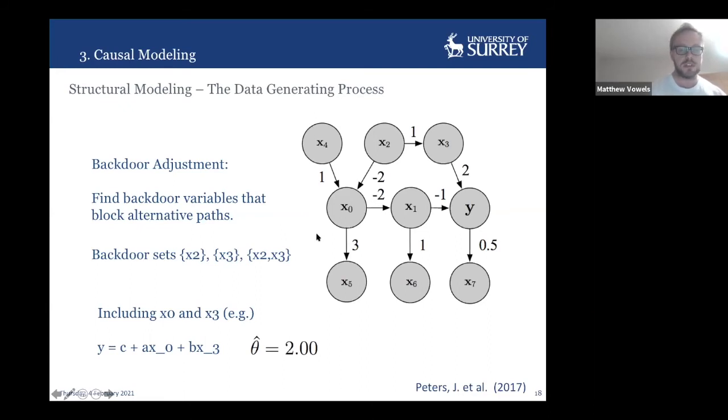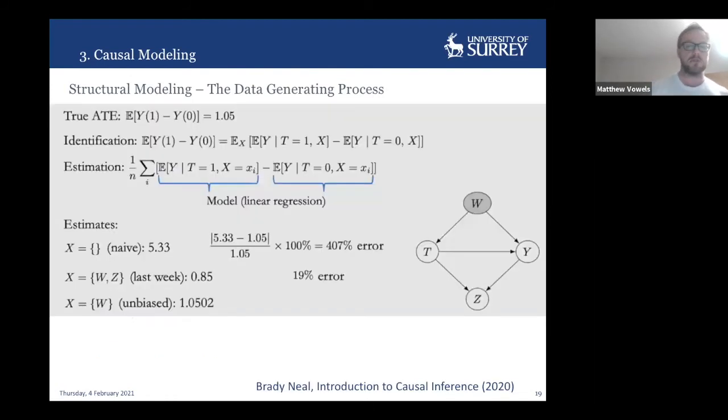Now, if you take a naive approach, you can get wildly varying estimates, depending on which variables you include as your control set, as it were, and they can be orders of magnitude incorrect. One example was given by Brady Neal, using systolic blood pressure and maybe some other outcome that I can't remember. It's a medical example where the estimation of the true effect of treatment on outcome had 407% error. So it can be colossal. It can absolutely be completely wrong, and interpreting that is obviously a non-starter.